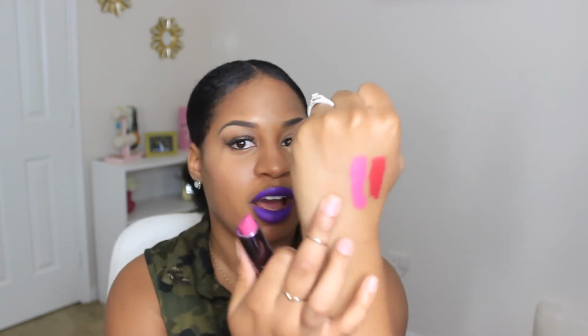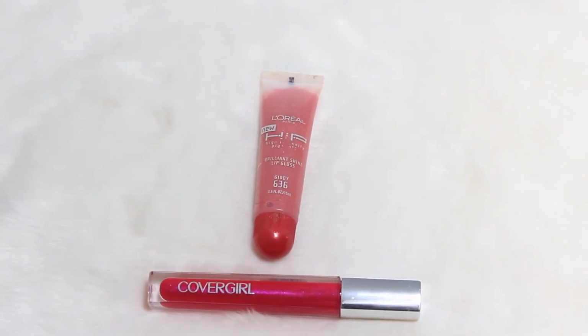I also have this pink that I get a lot of compliments on, which reminds me so much of Flat Out Fabulous by MAC. But that's the pink. I mean, it's almost an exact dupe. Or if you're into lip glosses, you could also get those from the drugstore. This is a pink I have. I'm not that into lip glosses, so I don't have many. But this is a pink lip gloss type thing that I got from CoverGirl, and you can definitely get these from the drugstore. It has a good amount of pigment to it for it to be just a gloss. And I also have these L'Oreal lip glosses. So whatever it is that you're into,